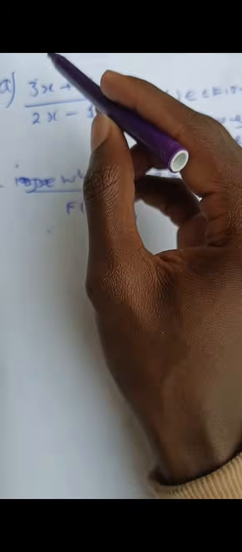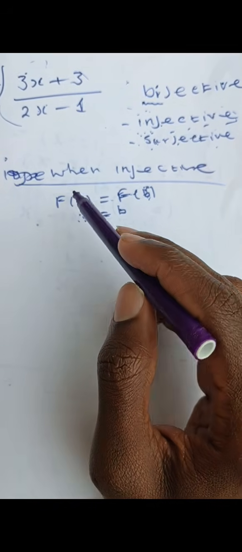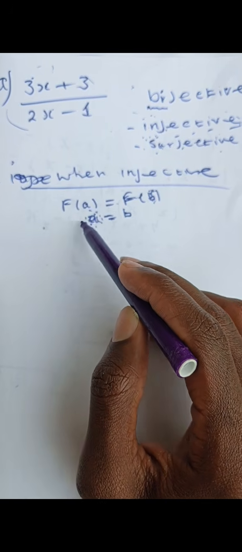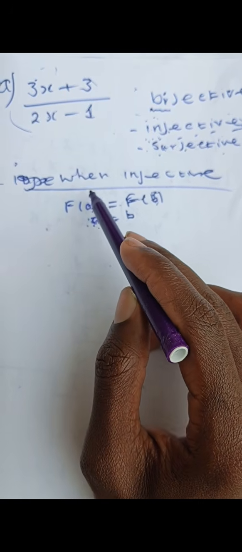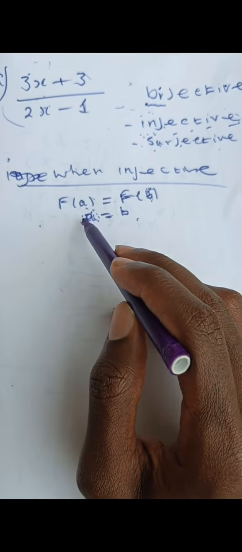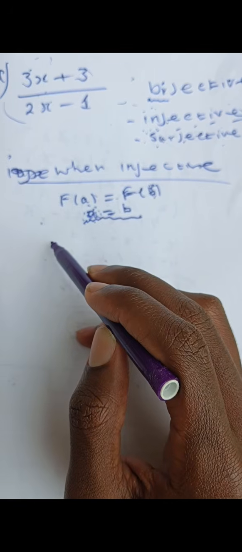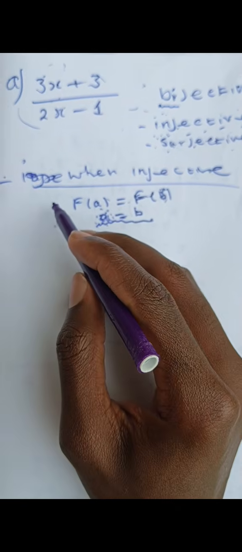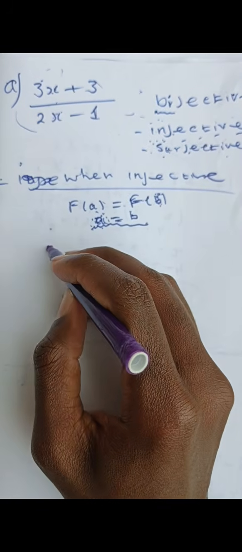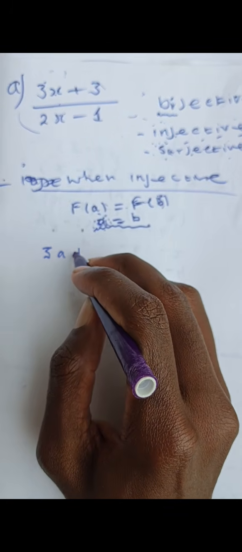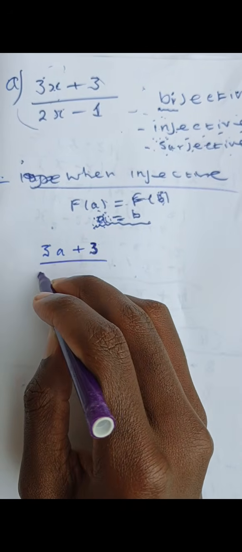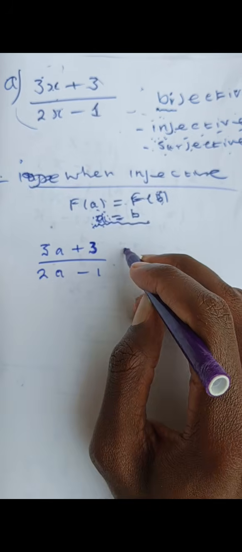Let me say that again. On the left side, you substitute x with a, like what I've written here. Then on the right side, you substitute x with b. You should eventually end up with a is equal to b. So let's start. Where there is x, let's put a. So it's going to be 3a plus 3 over 2a minus 1 is equal to